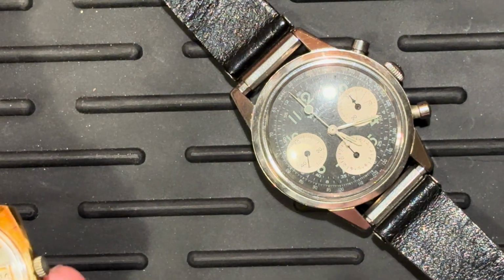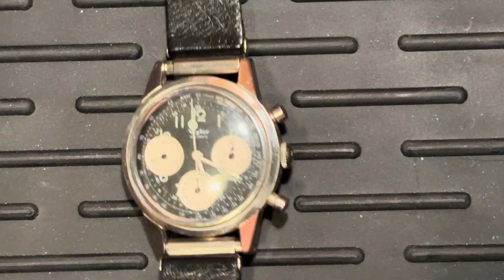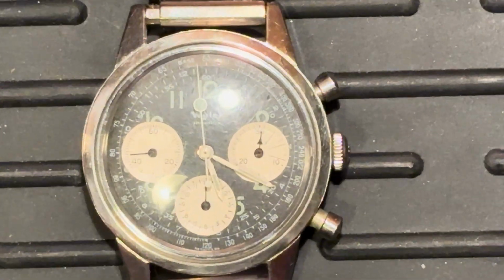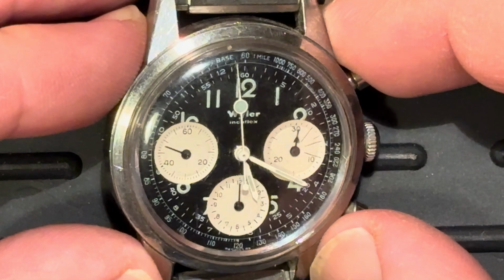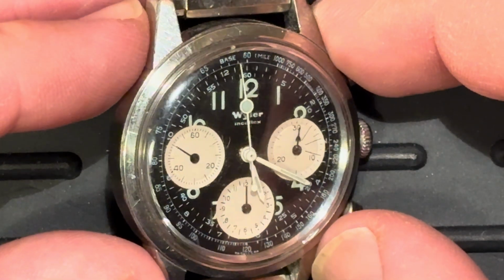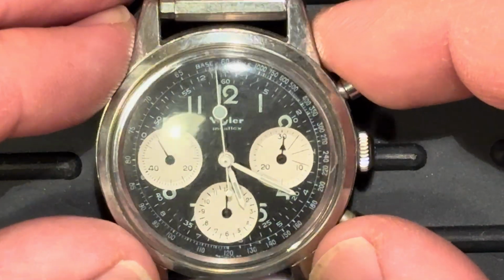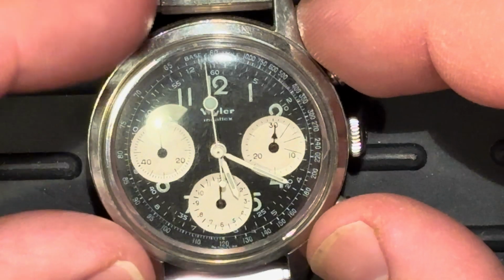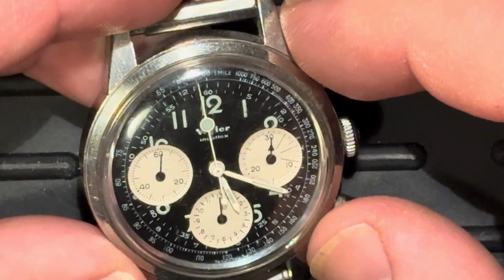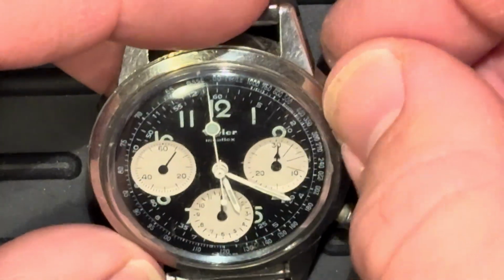Now, this watch over here was the main reason I wanted to do a video. And I probably should have included this in my previous YouTube video on watches, but I had it in a different place, and I kind of forgot that I had it there. You can see it's running. It seems to run pretty well, although you see the chronograph there seems to reset at some point before 12 o'clock. Now, if I hit this, I believe,